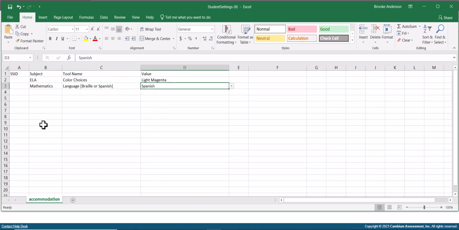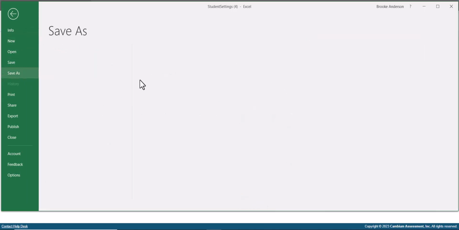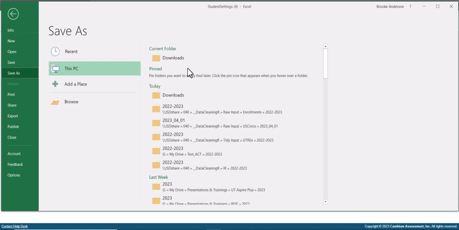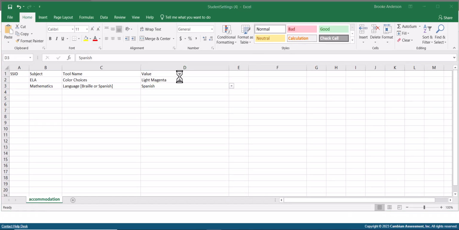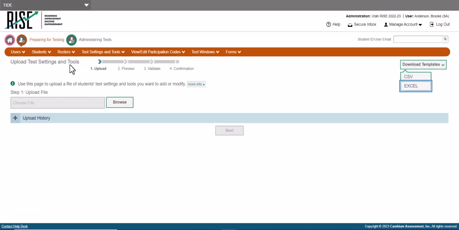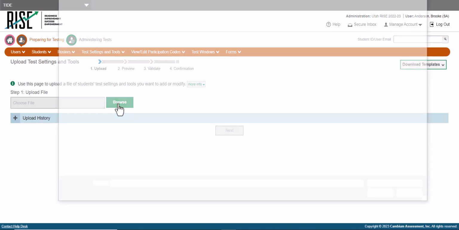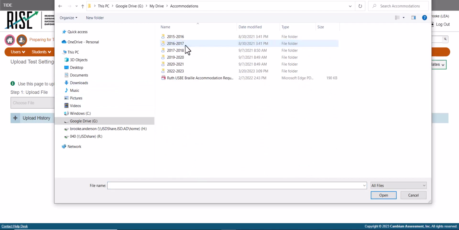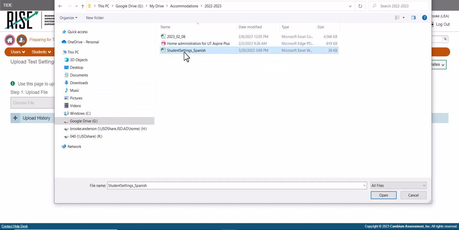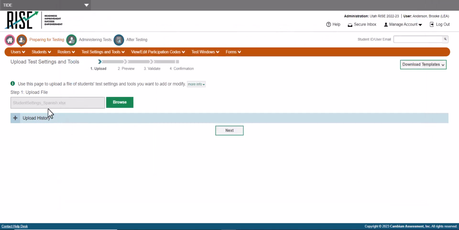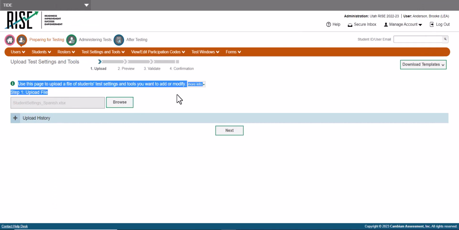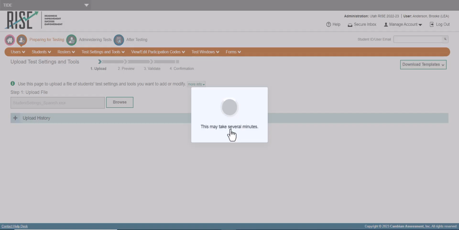Once you've made all the changes you need to this file, save the file with a name and a location that you can remember. Then, go back to the Upload Test Settings and Tools screen, click Browse, and locate your file. Click Open and you should see the file name where it says Upload File. Then click Next,